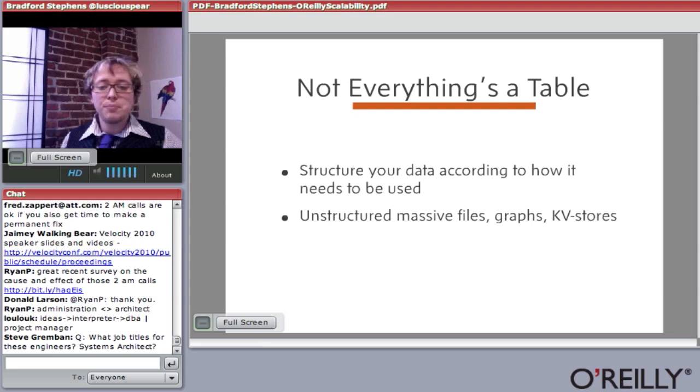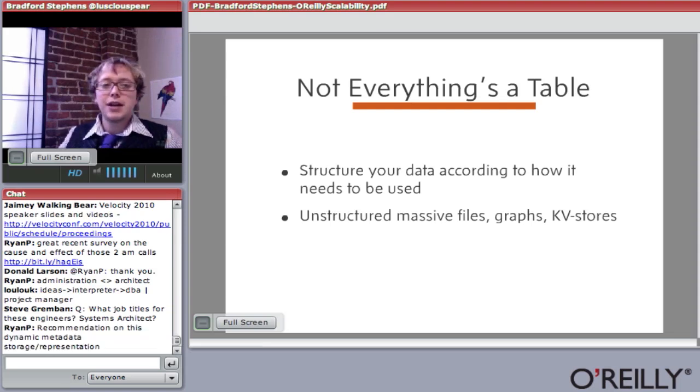Hadoop is all about unstructured massive files that you can just crunch through. You can't access those files quickly, but you can access a lot of them. Or graphs, things like Twitter: who are friends of my friends? Friends of my friends is not something you can express in SQL, really. I mean, you can, but it's like a 6-way join, and it's all kinds of Lovecraftian horrors. Or key value stores, transaction number 428 was for $28. None of these things are really great for tables that you do joins and manipulation and OLAP against.